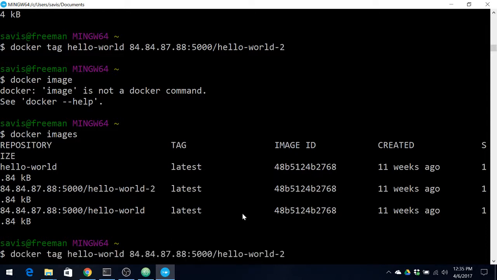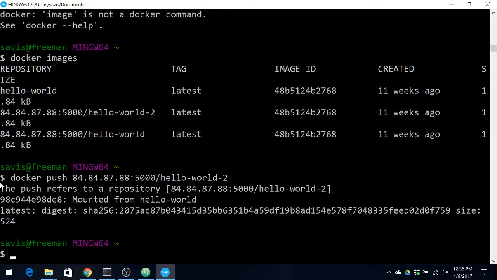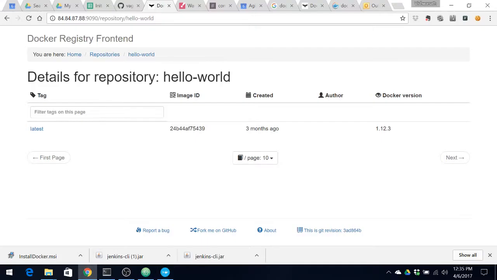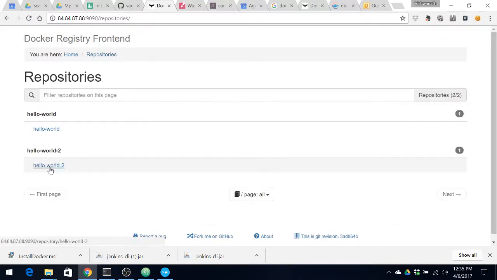The last step is to push this image that we just created to the Docker registry, and that is as simple as docker push and then the full tag of the image that I need to push. So in this case it is the registry IP:port/hello-world-2, and using just the registry IP and the port in the tag, Docker will know that this needs to be pushed to my Docker registry. Alright, so that has been pushed. Now let's go to our Docker registry UI, and you see that there is an image now called Hello World 2.